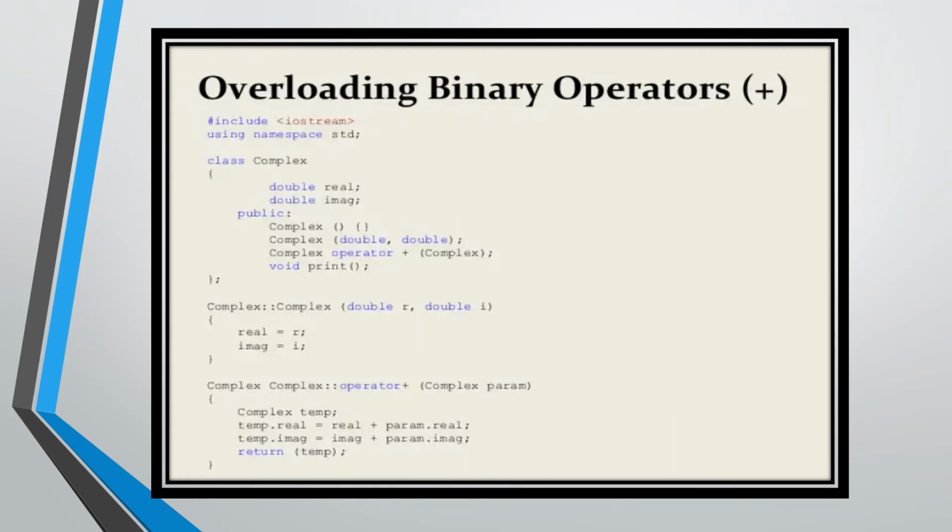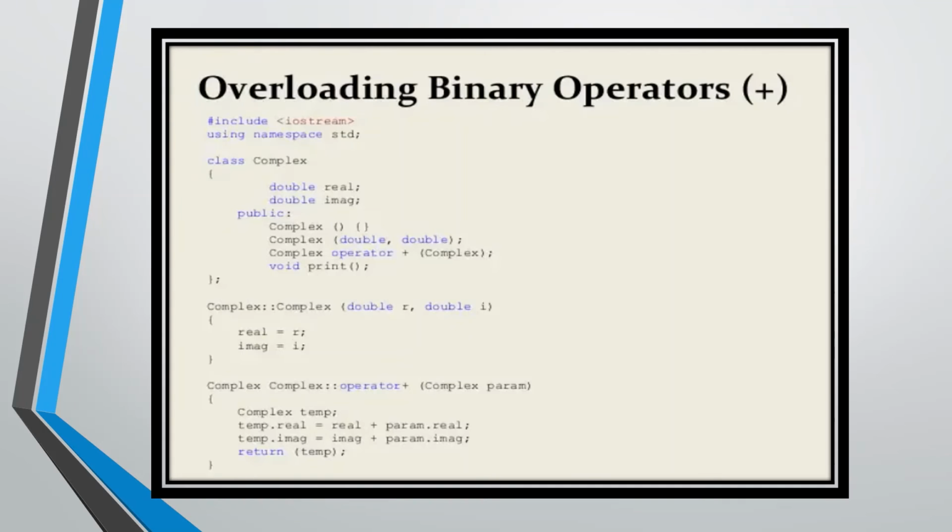So what is the definition of operator overloading? When we give a special meaning to an operator, it is called operator overloading. Normally we can perform the addition of two numbers, integer, float, double, or char. So it can be done easily. But when we want to perform the same procedure, that is the addition procedure, on a user defined data type, at that time we have to use the concept of operator overloading. And in this program, this will be done by this statement, where we define the operator overloading function.